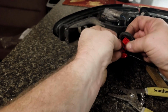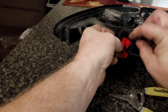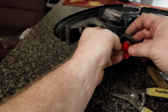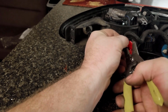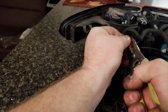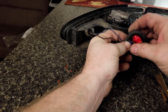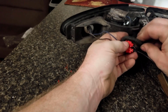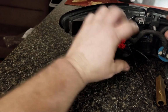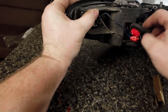Sometimes it's easier actually to line it up on the blade side and stick it down in the blade a little bit and then close this rather than doing it the other way. Then we're just gonna mash the crap out of that to make sure it gets good connection. Then I'm gonna push this as much back into the loom as I can, although it's not really gonna fit now. Then I'm gonna try to push this down in here so it's got this recess to sit in,